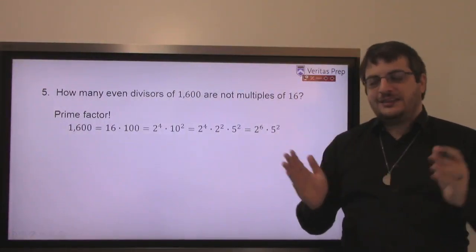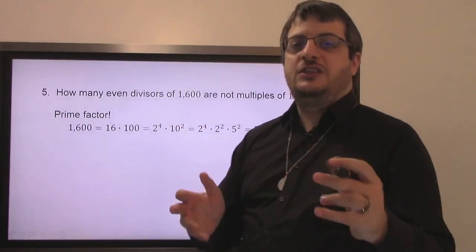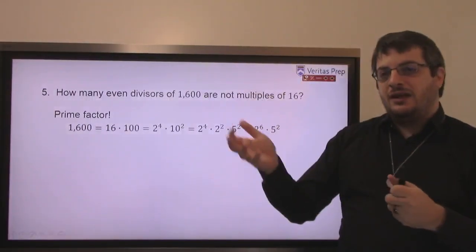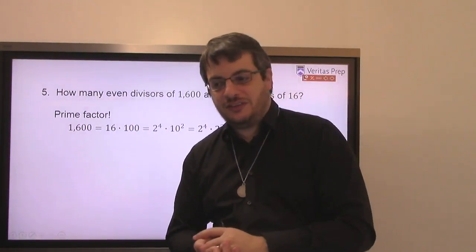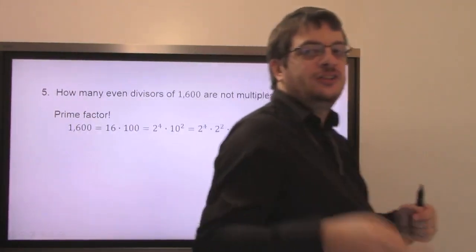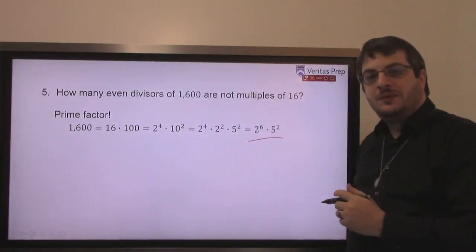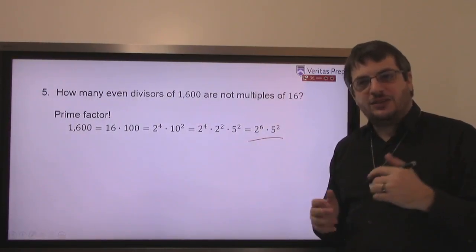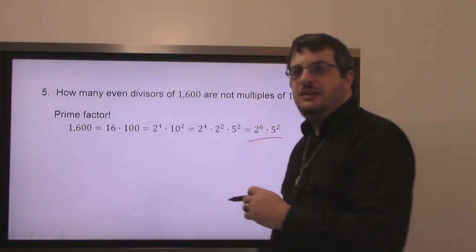So, I see in my bag 6 2s and 2 5s, and I say any factor of 1600 just comes from pulling some stuff out of the bag. Whatever I pull out, it's a factor of 1600. I reach in there, I grab a couple 2s and a 5, got them all together. I call it 20, and I'm like, yeah, hey, guess what? 20 is a factor of 1600, 2 2s and a 5. Maybe I just pulled out 3 2s and no 5s. That's 8. Yep, also a factor, etc. Any way that I reach into this bag of stuff and pull out something, or even if I pull out nothing at all, that's 1. And that is also a factor of 1600. But what does it mean that my divisor needs to be even?